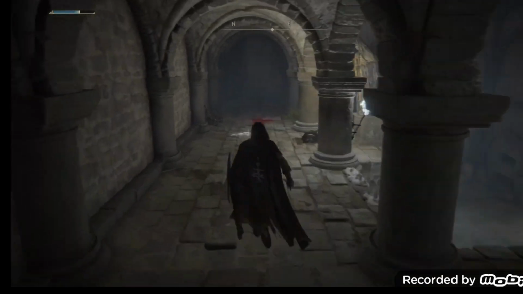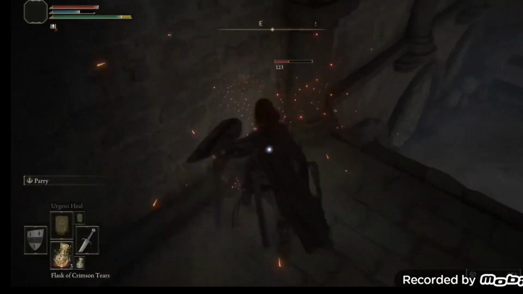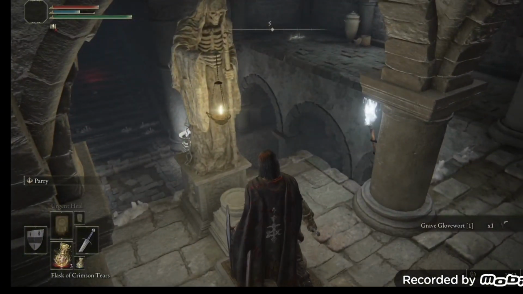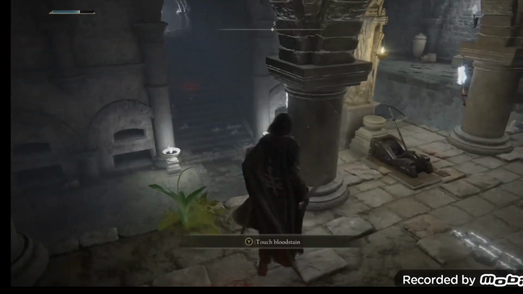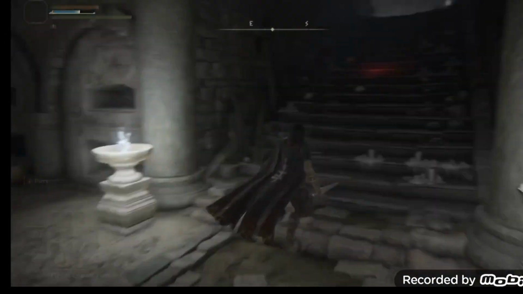You're going to jump down here, and that is the lever to use to open the boss door. There's an enemy hiding, so see him first, and then pull the lever. This will open the boss door. I'm going to go down,